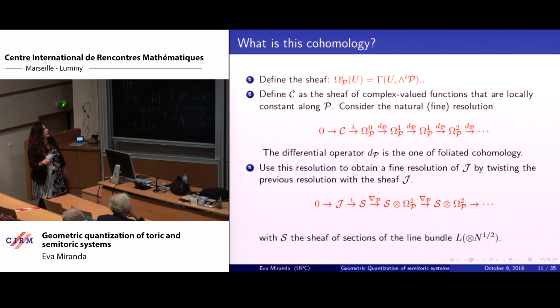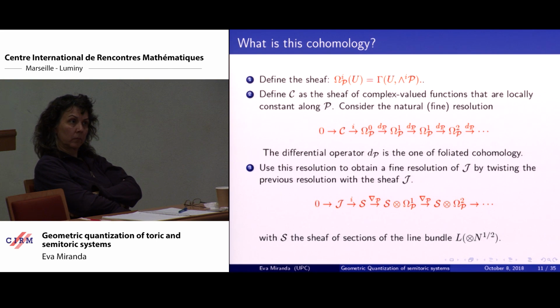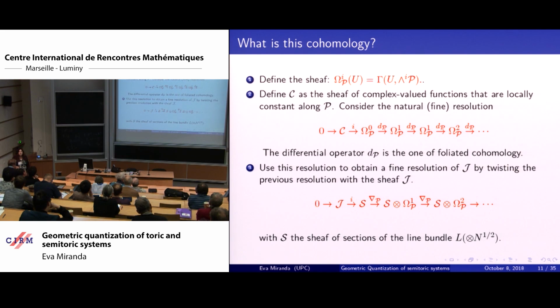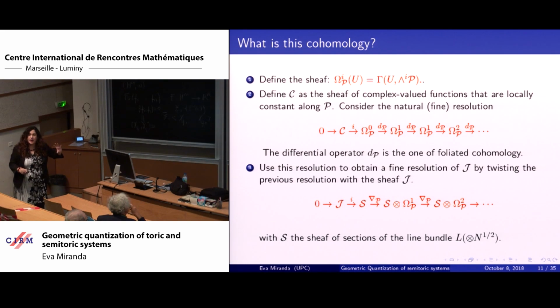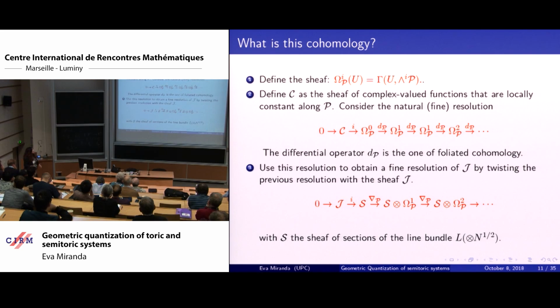In the case in which the polarization is regular, it's very easy to check that this is a fine resolution. In the case in which the polarization is singular, it's not necessarily true, okay? So one of the things you need to do, if you have some singularity, is to prove some kind of Poincaré lemma, and that's the general idea. So we are going to take as a starting point foliated cohomology, and we're going to twist to compute the cohomology, which I'm going to call the Kostant complex, which is just the sheaf cohomology, where the sheaf I consider is the sheaf of flat sections of the bundle.